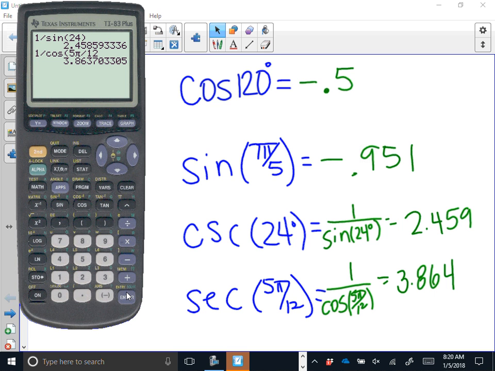So please be careful as to which mode your calculator is in. Even if you do the problem correct, if the mode is wrong, you're not getting the right answer, okay? And then that goes for the problems we'll do today. If you don't have the correct mode, things are going to go off,